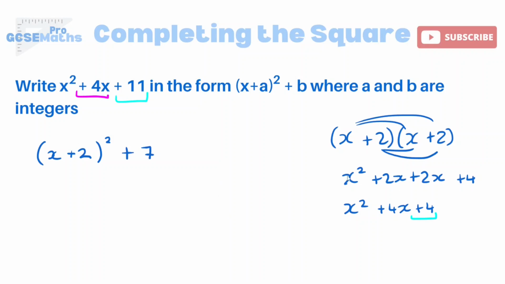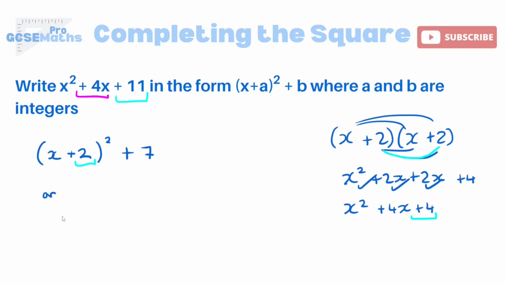You can kind of think of it in your head as, okay, I'm not saying spend your time expanding it, but in your head think, I know that the first 3 parts of my expansion are what I need, and then the last part of my expansion, which is obviously the 2 times 2, or this squared, is not going to be the same number that I have at the top. So you think, okay, how do I go from 2 squared, which is 4, back to 11? The other way to do it,